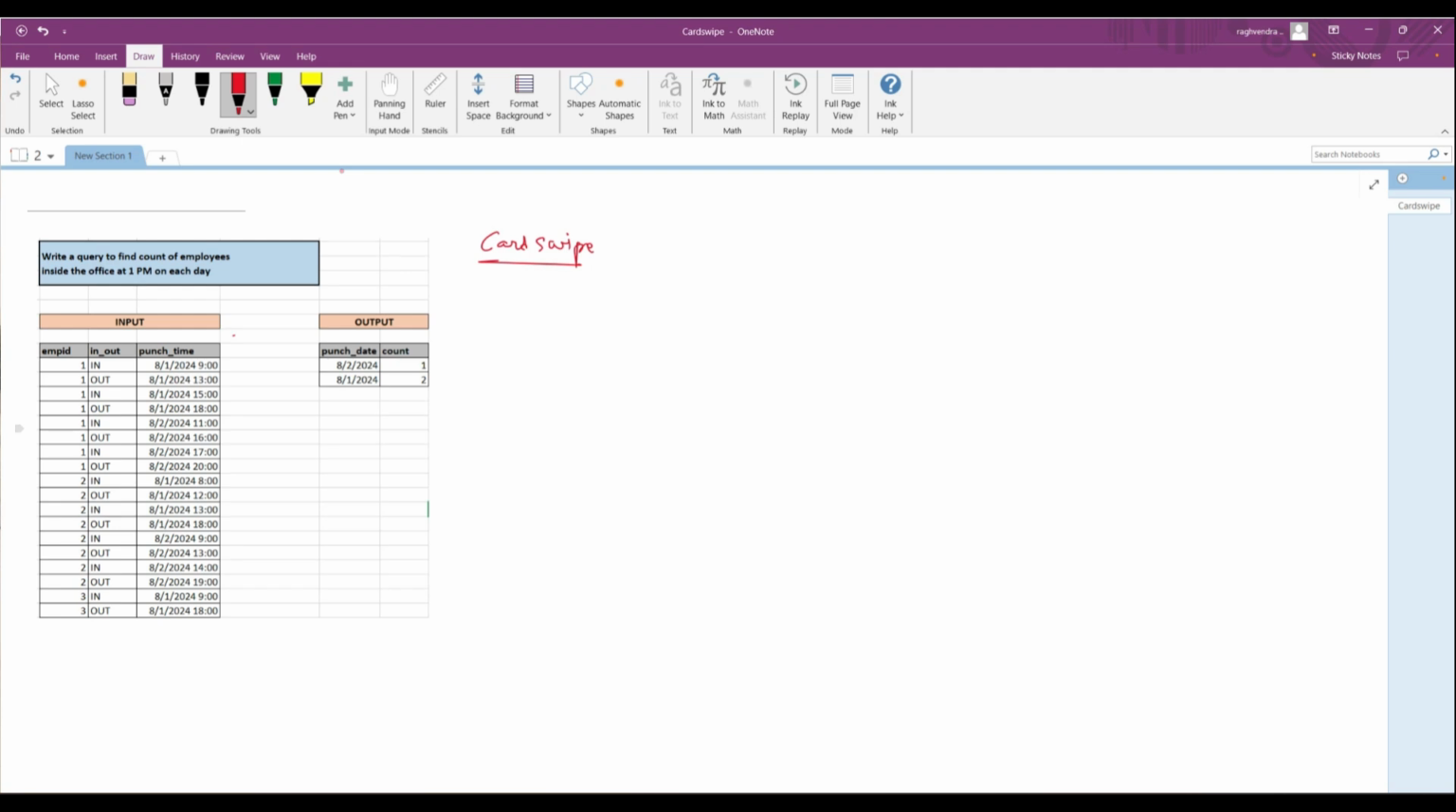When he goes in the office, an entry goes like this: employee ID, in out as in, and the time of the swipe. Similarly, when he goes out, this value gets as out and the time of the swipe. Based on this data, you need to find how many employees were there inside the office at 1